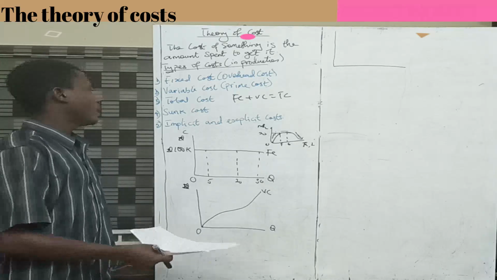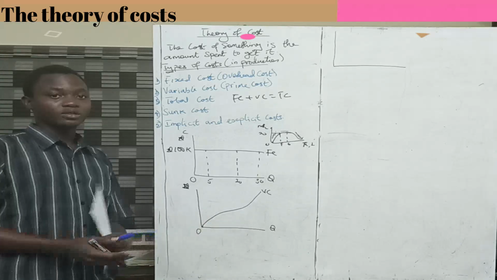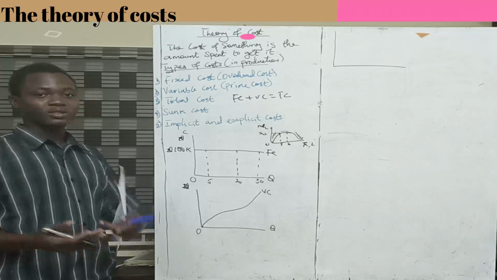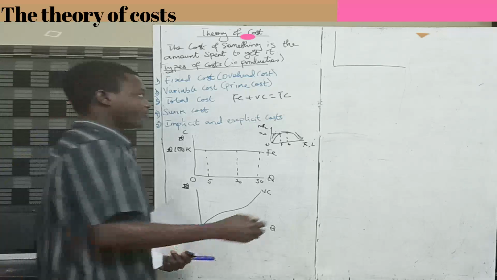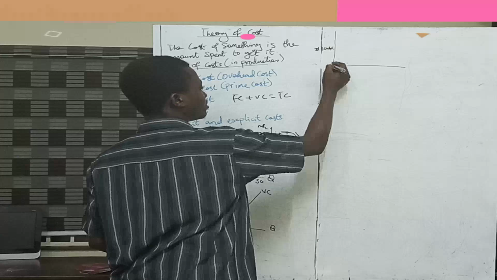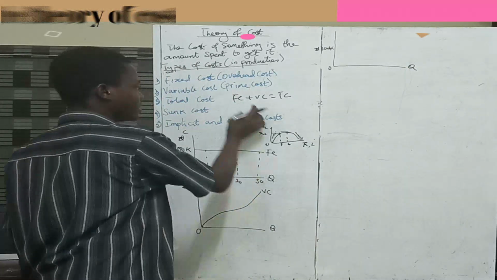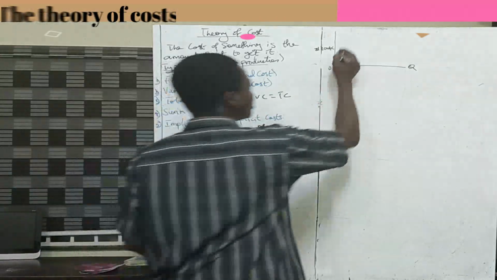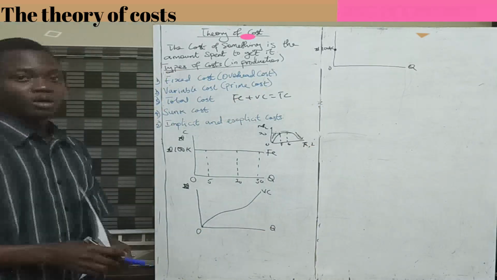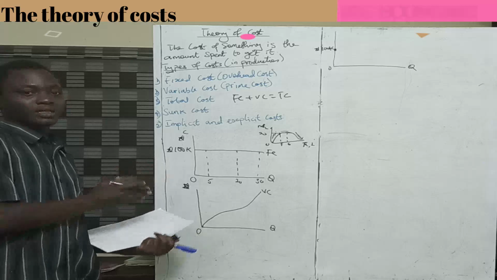All right. After that we have the total cost. Total cost is a combination of two things: fixed cost and variable cost. Fixed cost never starts from zero, like the cost of my phone that I was saying, 100,000. This is zero. This is Q. Because there's a fixed cost component of your total cost, your total cost starts from a point like this. Total cost does not start from zero. That's the attribute of the fixed cost.